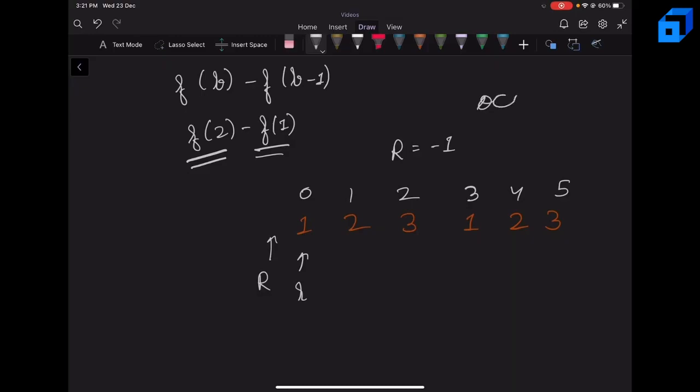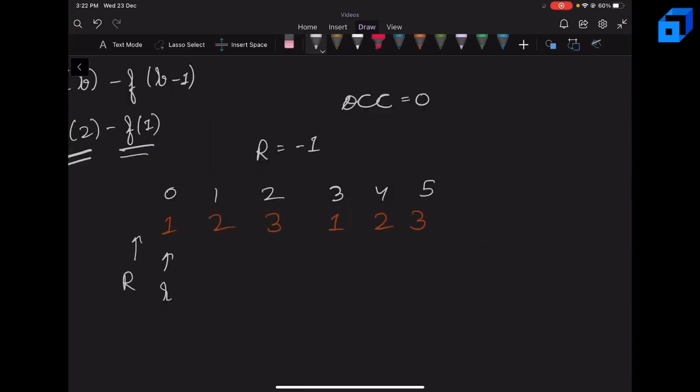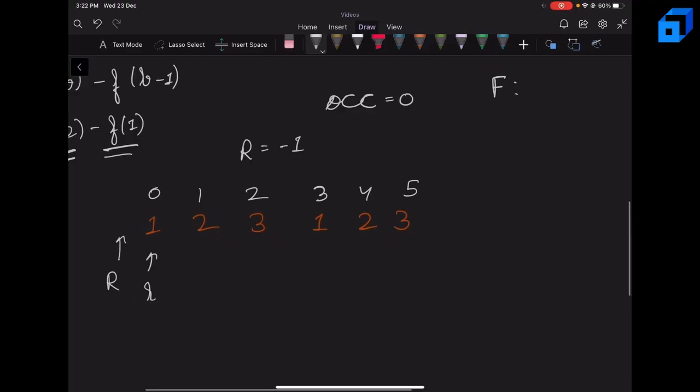Let's actually keep a variable occurrence which is initially 0, which keeps the count of the number of special elements, and let's actually store the frequencies of elements as well. So f will store the frequencies of elements. Currently we only have 3 elements, so it will store the frequencies of 1, 2 and 3. Now first we'll check if we can actually take the R plus 1th element or not.